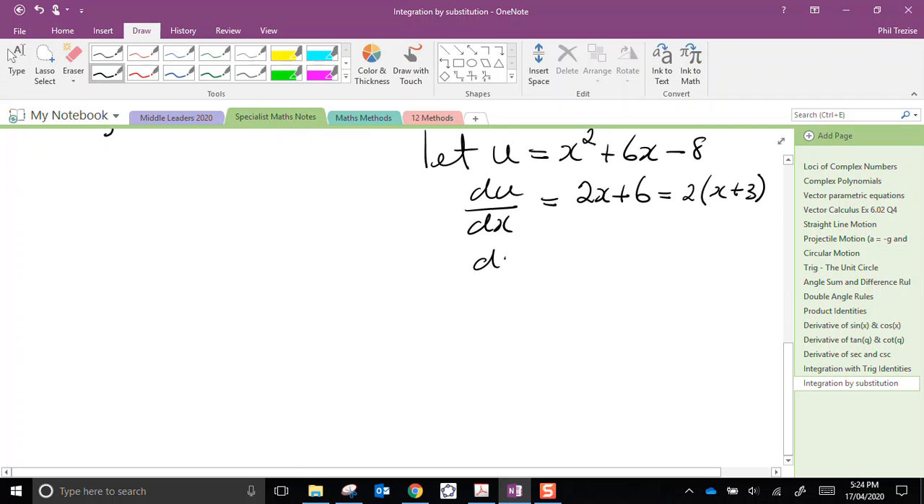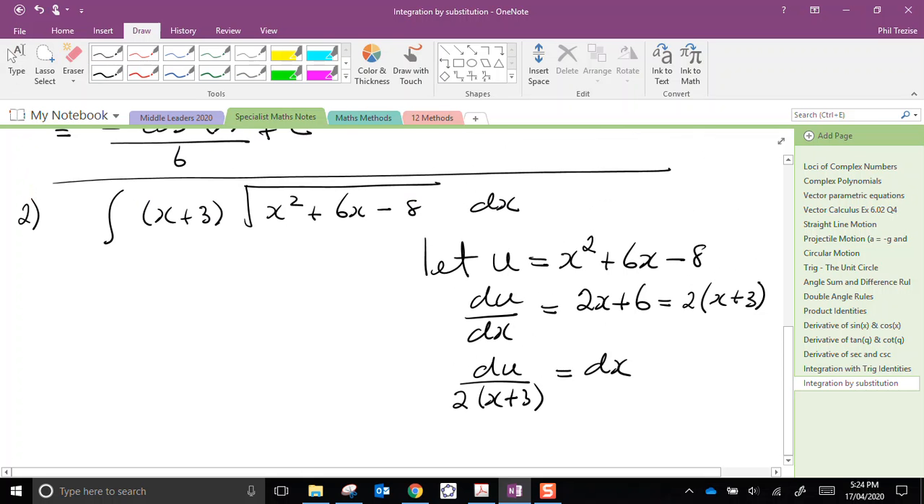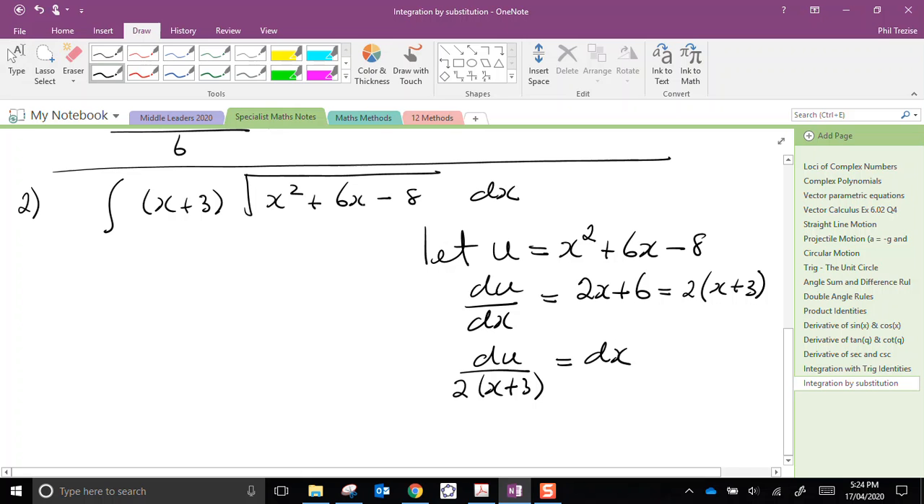Remember, we want to isolate dx. So divide by 2 times x plus 3. That would be dx. I'm now ready to substitute. I have a substitute for my quadratic, that'll become u, and I have a substitute for the infinitesimal dx. So let's do those substitutions. I still have x plus 3, and then I have u for the quadratic. I might put a power of a half instead of a radical sign, and then instead of dx, I have du over 2